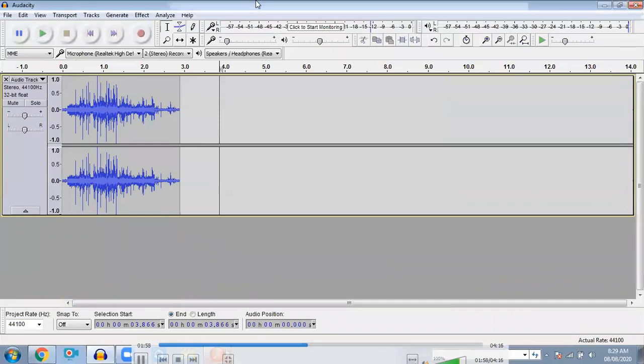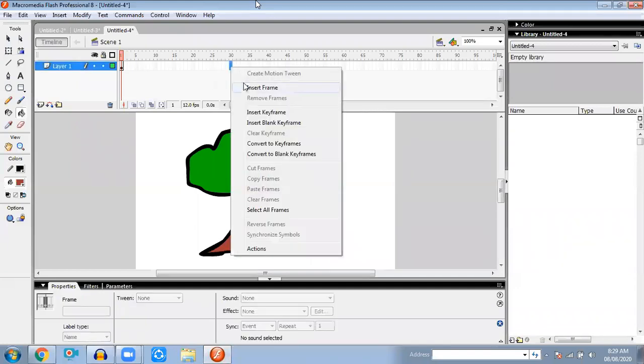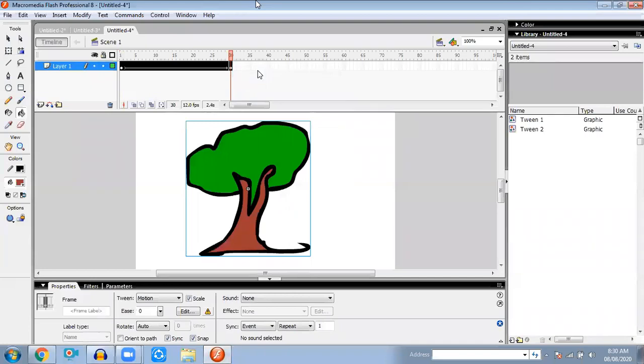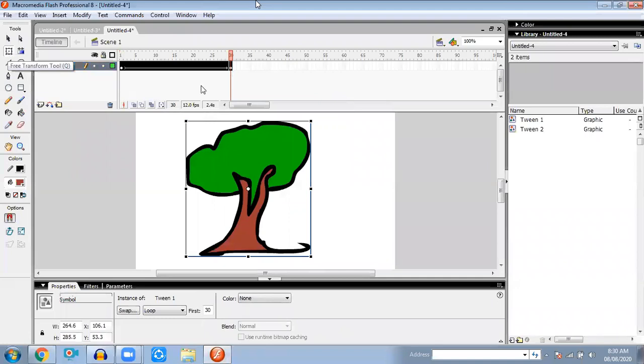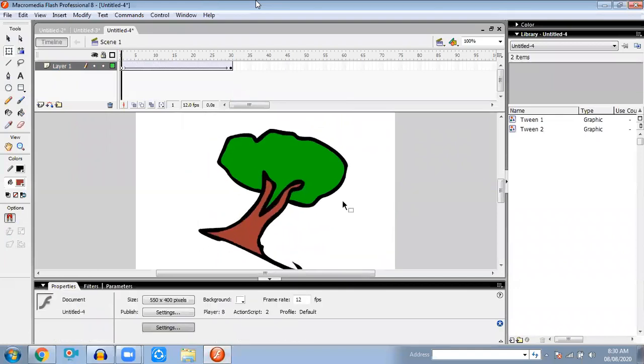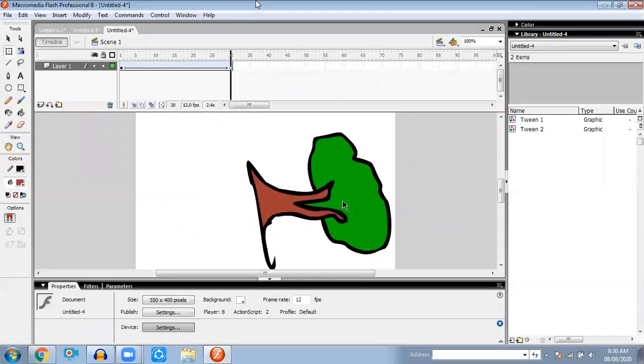Let's go to the animation again. We'll prepare the animation first. What effect do we want? Right click, insert keyframe, select the layer, right click, create motion tween. Now here is a little change. We need to select this second one, free transform tool, so dots will appear around it. It should fall like this. So I'm rotating it so it is falling down. When you press enter, it will seem like the tree is falling. Okay, so now this has fallen.